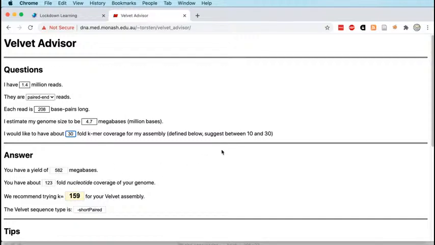There isn't really a correct answer for what to put in here, and obviously changing it is going to affect the value of k in various ways. I'm going to use 30 in this instance just because I've got a lot of reads, so I've got a lot of depth, so I would expect my k-mer coverage to be relatively high. I'm going to stick with 30,